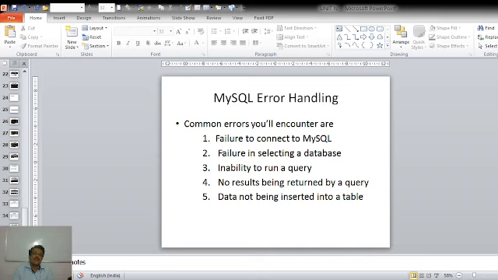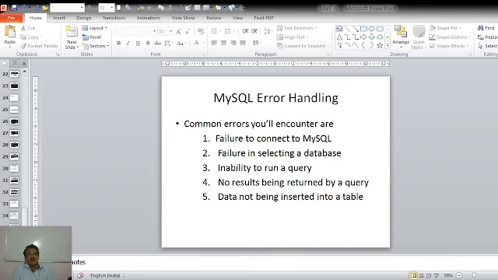Then the third one is the inability to run the query. If PHP doesn't have support for the MySQL database, then we cannot execute the query. Then there is a problem with the query that it will not return any result, no result being returned by the query.